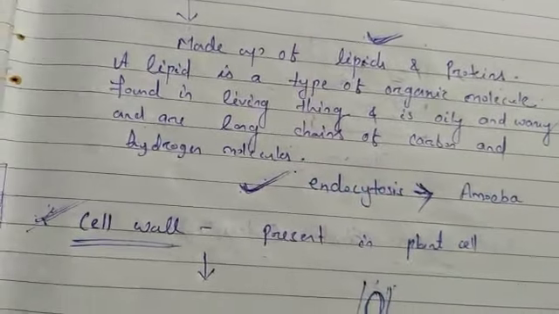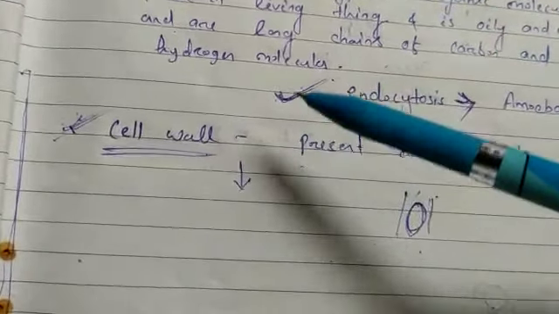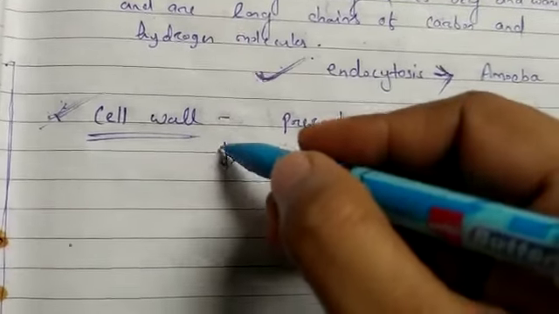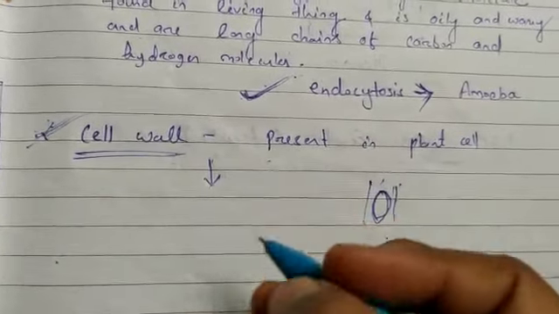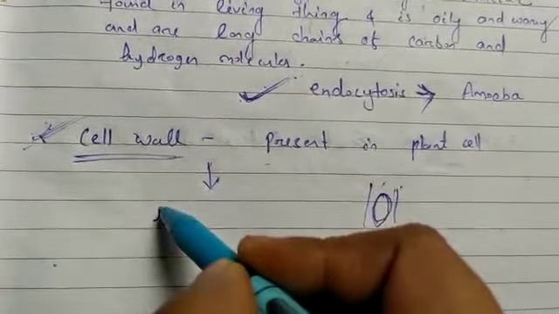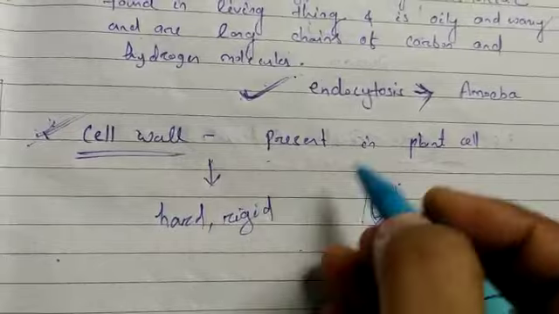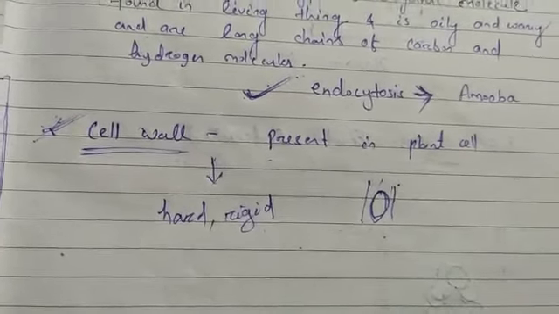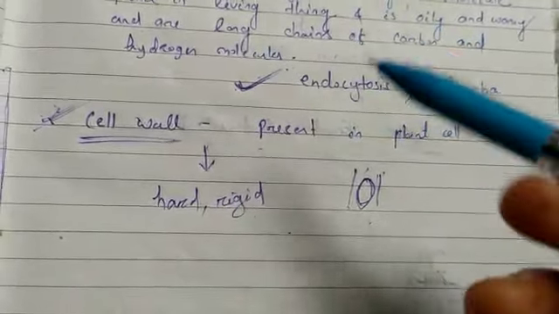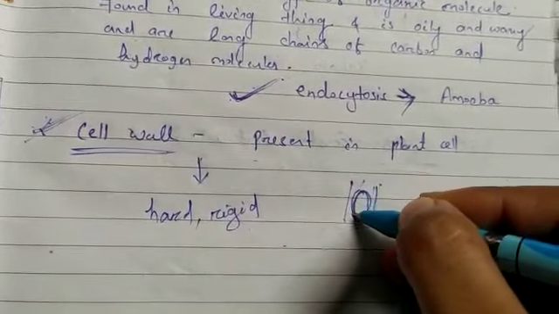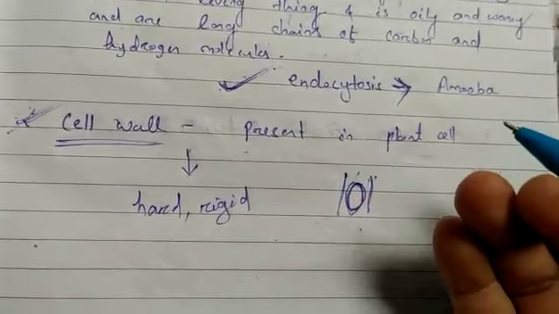You have studied in class 8 that along with the cell membrane, plants have an additional cell wall which is very hard and rigid. So plant cells, in addition to plasma membrane, have another rigid outer covering, that is called cell wall. It is present as the protective layer of the plant cell. This is found only in plant cells. Animal cells do not have any cell wall. The cell wall lies outside the plasma membrane, so it protects the plasma membrane also.